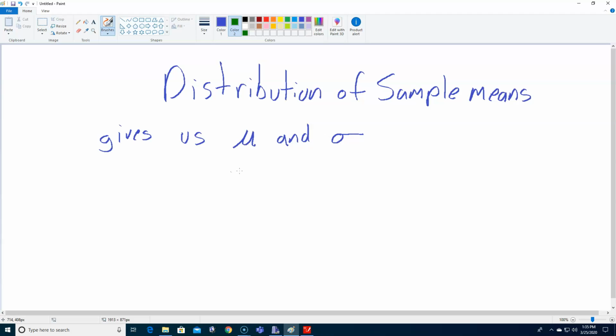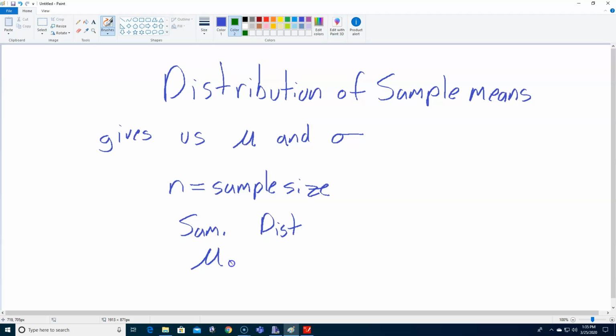Whenever it comes down to a sample, in the problems they're going to give us some sort of sample, which is n. They're going to give us some sample size. So once they give us the sample size, we have to adjust our numbers to fit our sample size. It's pretty simple. For the sample distribution, so let's call it sample distribution,